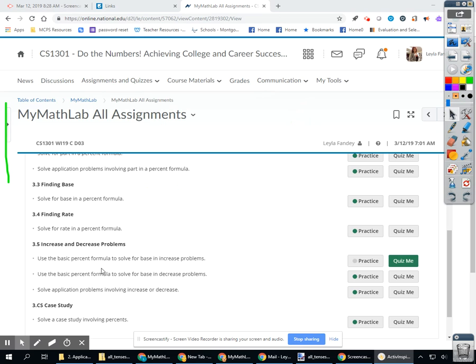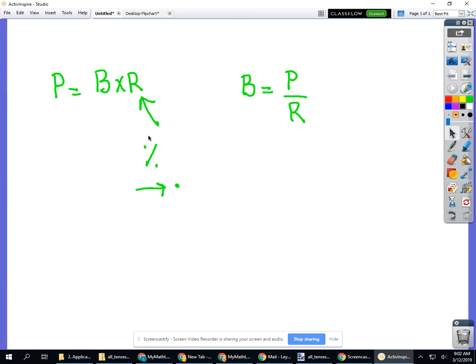Okay? If you want rate, you use a variation of this one, which is just like the part, which will be rate equals part over base. Okay? So it's the same formula. We just switch things around to make calculations easier. Okay? So that's the first thing that you need to know. Right? Then